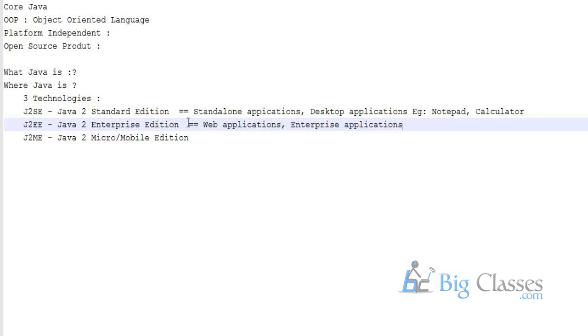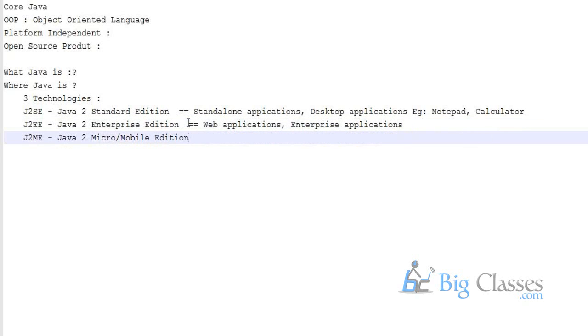Huge organizations, like IBM, or in India the Reliance organization, can use this kind of enterprise application, which contains huge modules and huge complex logic, to perform their business all over the world. So with the help of J2EE, that is Java 2 Enterprise Edition, we can develop such huge complex applications.